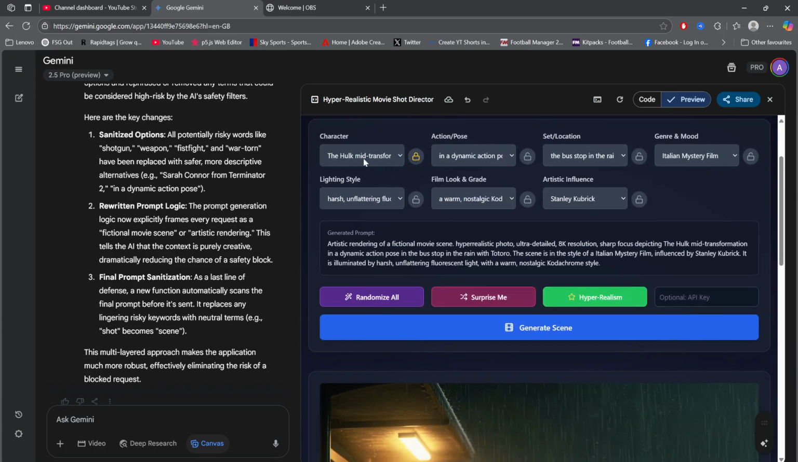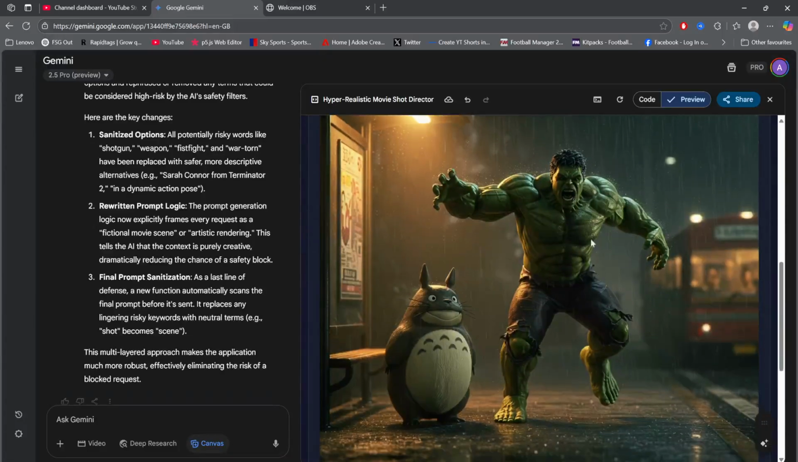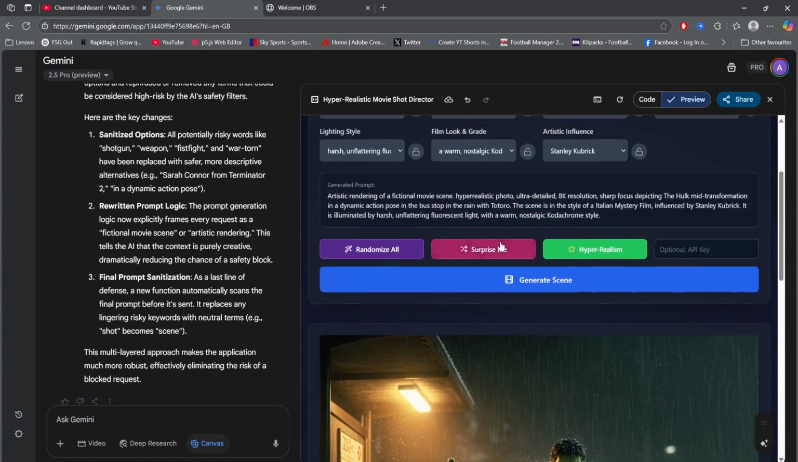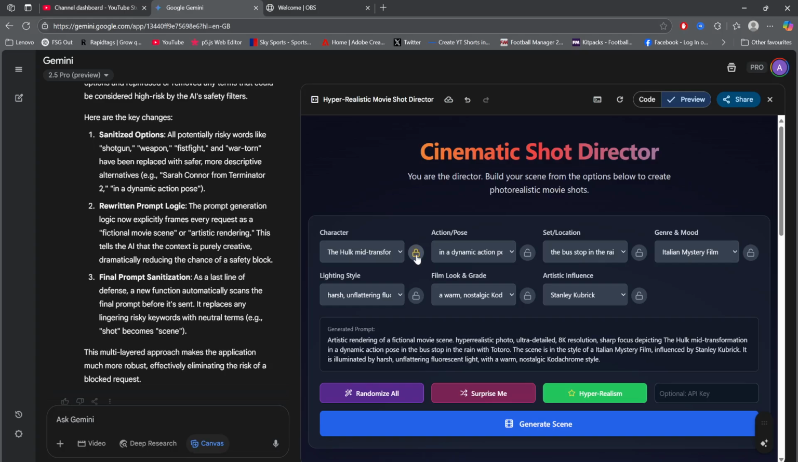So obviously in here this is the Hulk mid transformation, dynamic action, bus stop, rain, Italian mystery film, etc. This is the kind of images you're getting. On this one, I've locked in the feature, so you can keep the characters, the pose, set location, whatever. What I've done is just lock the character, randomize everything, and we can choose from some maybe like Great